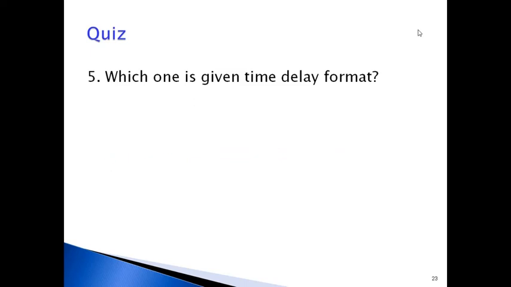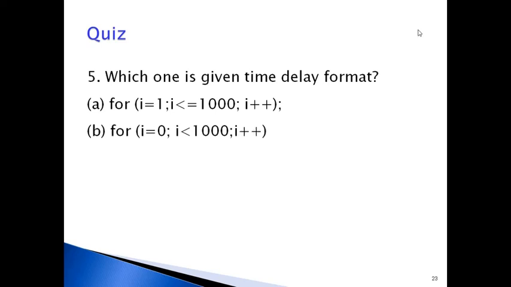Question number 5. Which one is the time delay format? Option A, for i equals 1; i less than or equal to 1000; i plus plus; semicolon. Option B, for i equals 0; i less than 1000; semicolon; i plus plus. Option C, for i equals 1; i greater than 1000; semicolon; i plus plus.